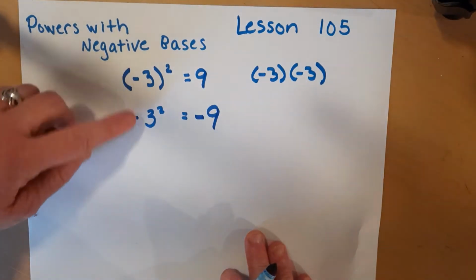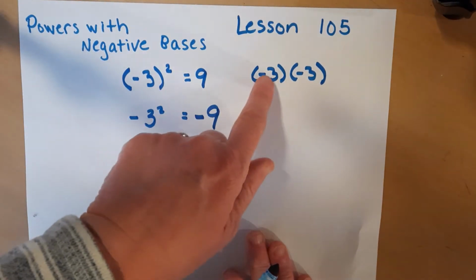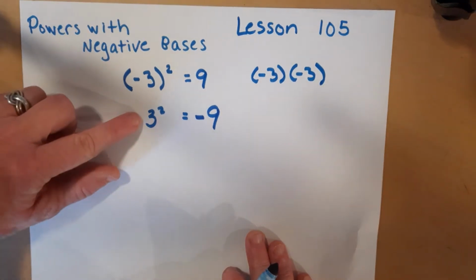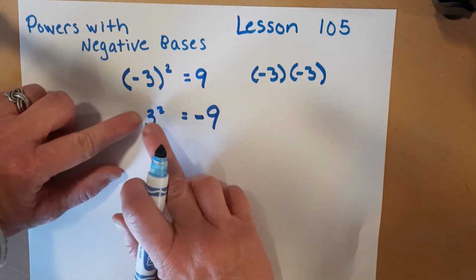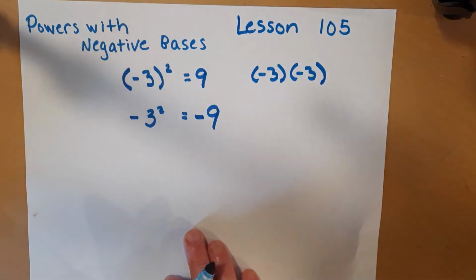So it's important to know the difference between these two. If it's in parentheses, it's a +9 because a negative times a negative is a positive. And this one, you do the exponent, which is stuck to the base. 3 is the base. 3 squared is 9, and you add the -9. So